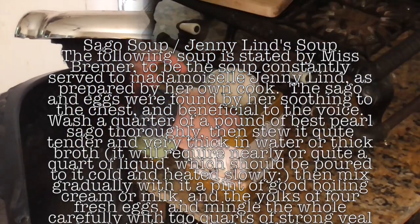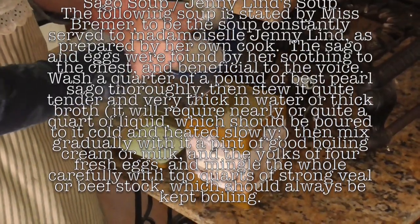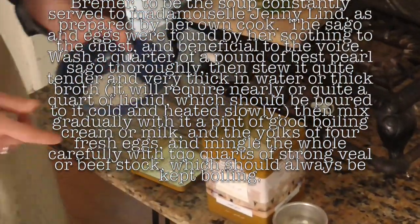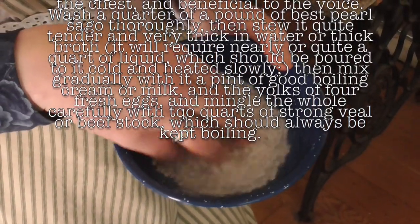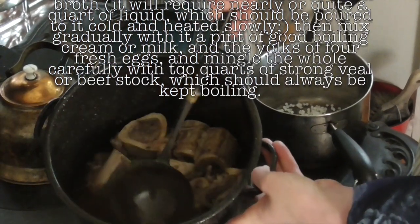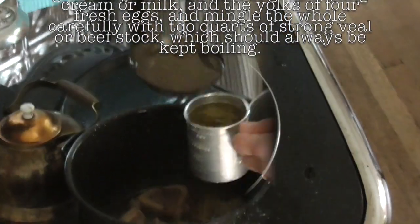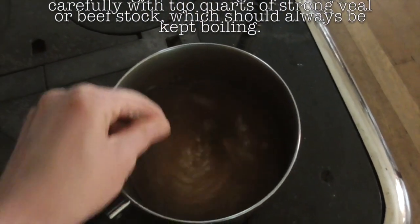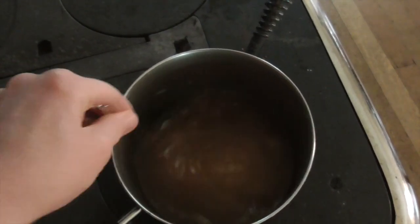Wash 1/4 pound of best pearl sago thoroughly, then stew it quite tender and very thick in water or thick broth. It will require nearly or quite 1 quart of liquid, which should be poured to it cold and heated slowly. Then mix gradually with it a pint of good boiling cream or milk and the yolks of 4 fresh eggs, and mingle the whole carefully with 2 quarts of strong veal or beef stock, which should always be kept boiling." So before we get started, I want to tell you just a little bit about what sago is, and